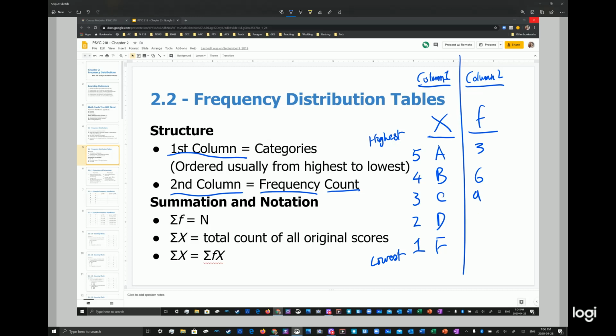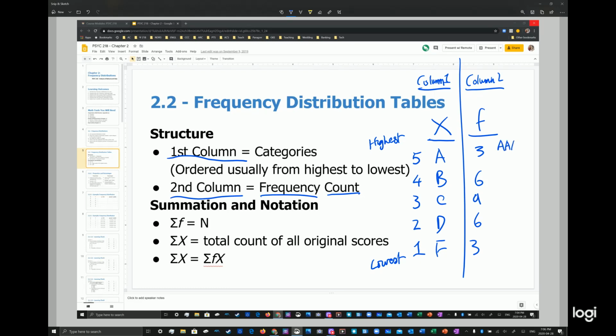Okay, this is not 3, this is 6. 3. Okay, so we would actually count the score. So there would be, remember how we wrote A. So that would be 5 times 3, 5 plus 5 plus 5, which would be 15. Okay, so again, you can take a moment and figure out how many people got B's, and if B equals 4, what is 6 times 4? So that would be 24, right? So that would be our